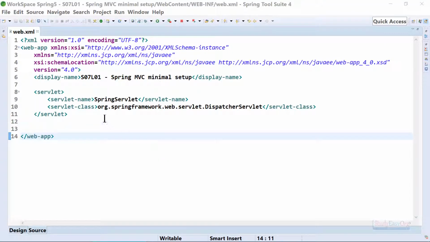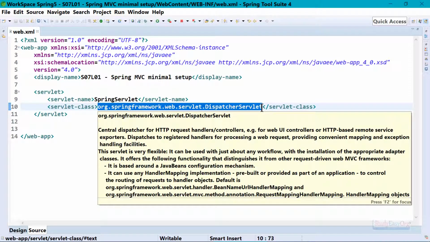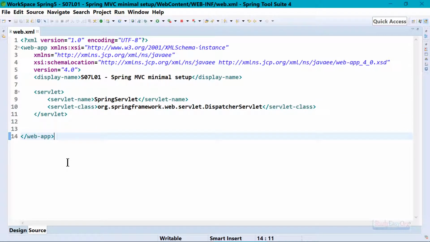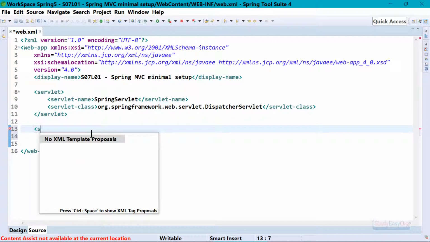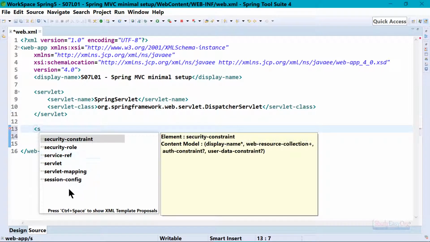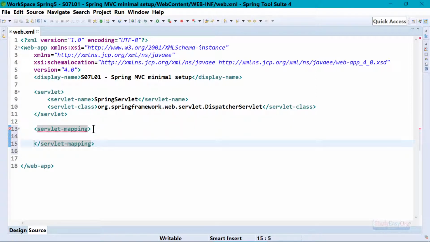Now friends, when it comes to giving the dispatcher servlet address, this is not enough. There are a couple more things which we need to give. For example, we need to also enable component scan for our MVC, and we need to also give the servlet mapping. Now servlet mapping is rather very simple. In here we can make use of the servlet mapping annotation. Let me show you. So we have the servlet mapping annotation and we can add the settings in here, but